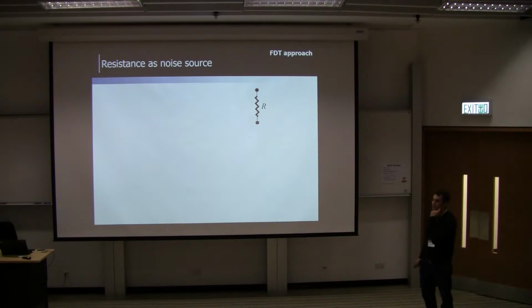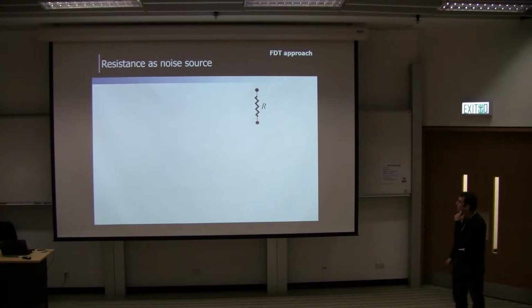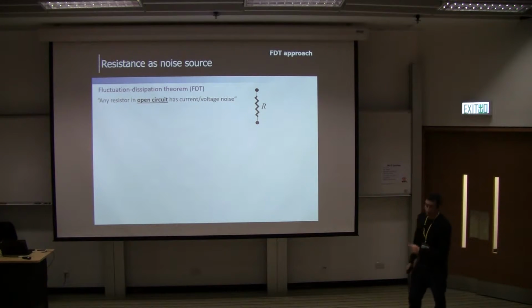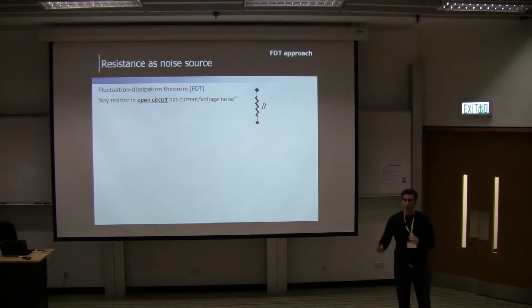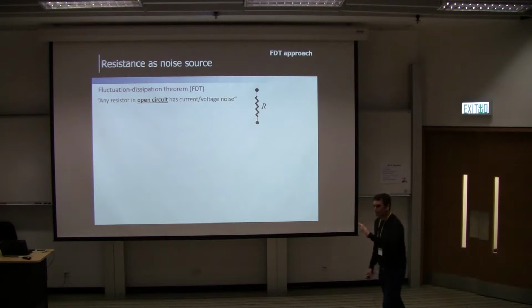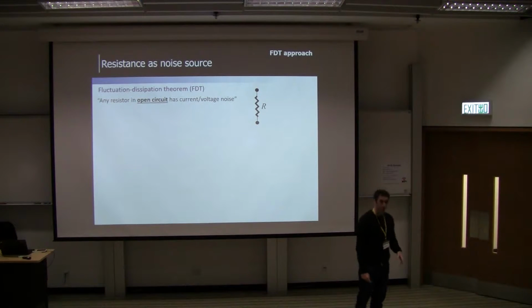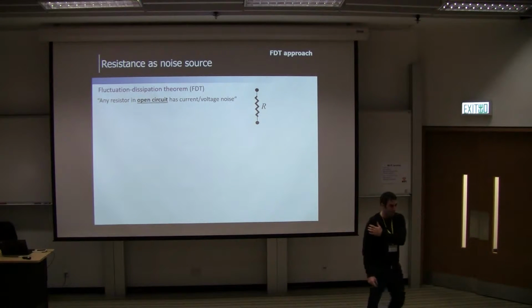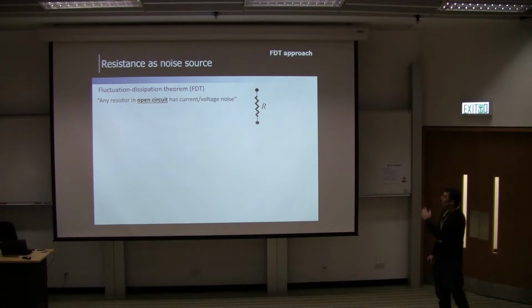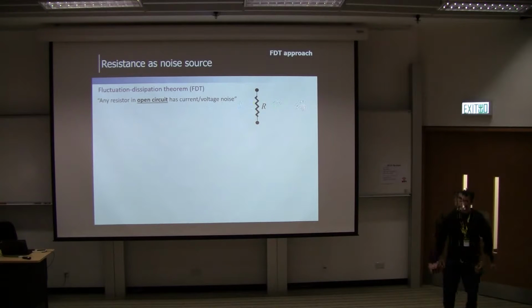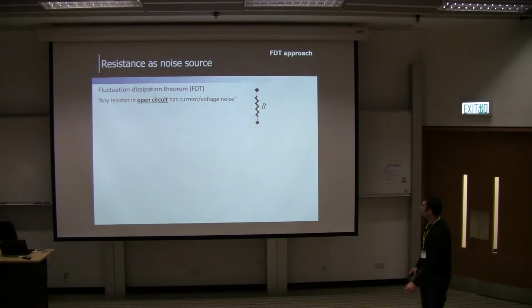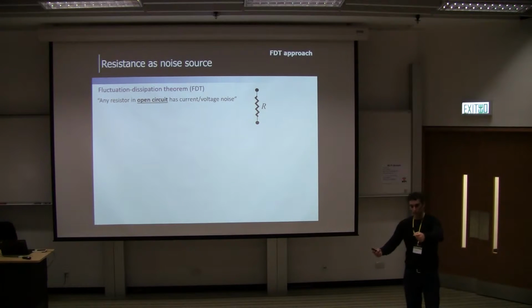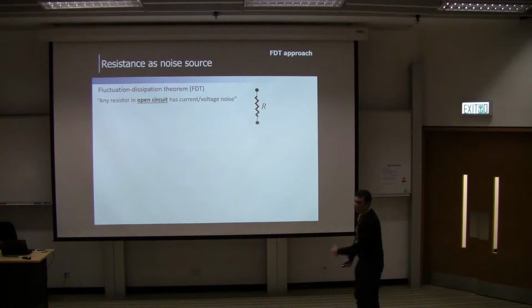It's written there, like fluctuation dissipation. So by fluctuation dissipation, I know that the resistor, and now look, it's in open circuits. If the resistor was isolated, or only probed by a linear probe that doesn't really do anything, which is a voltmeter in this case, then it would have a current and voltage noise that I would know from the fluctuation dissipation theorem. But the question is, when I connect it to a different impedance, to a circuit, can I